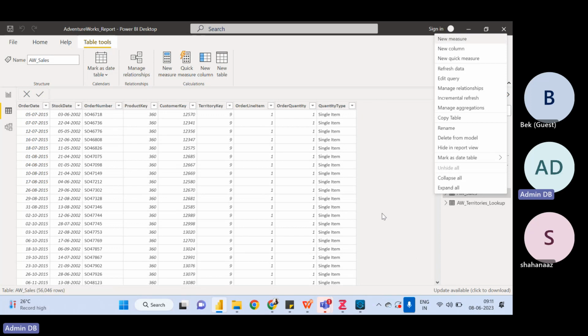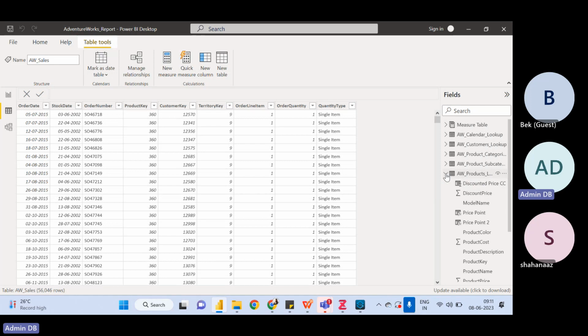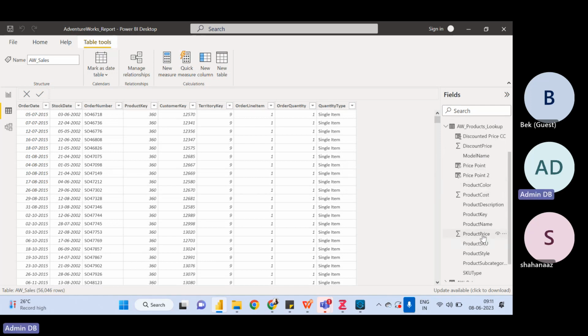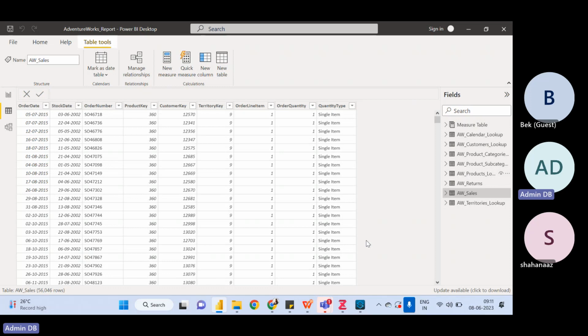We want that column to be present in this table. As the product price column is present in the product lookup table, I want the same column to be present in the sales table. In that case, we can create a new column and write